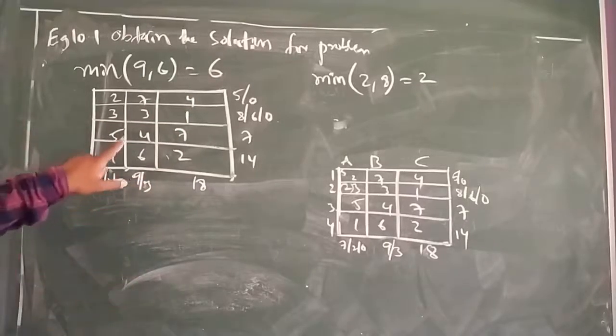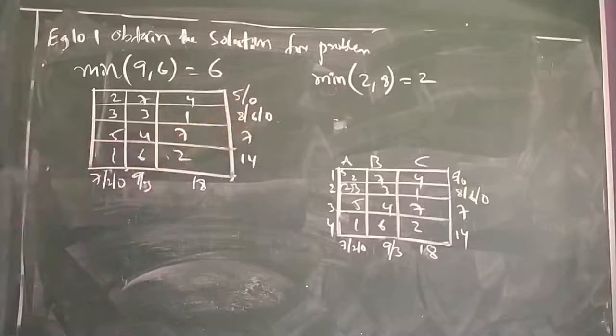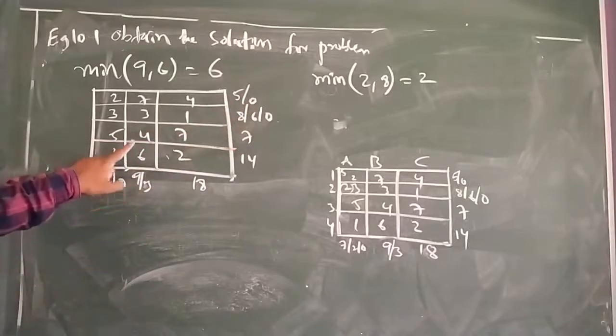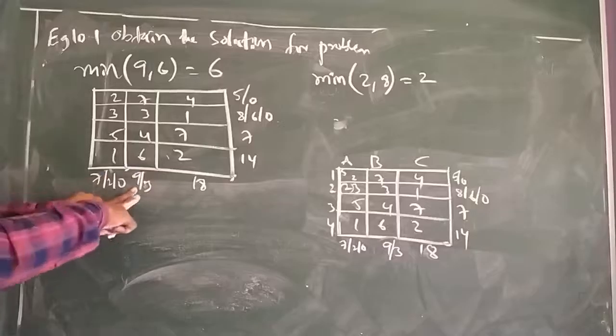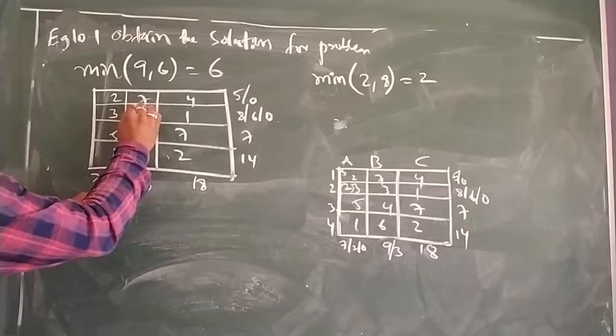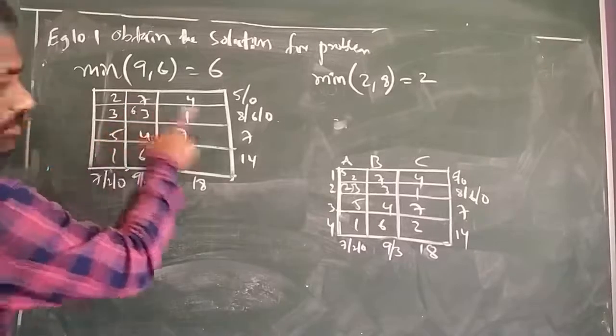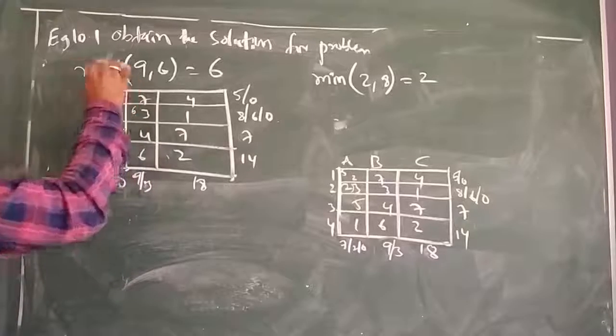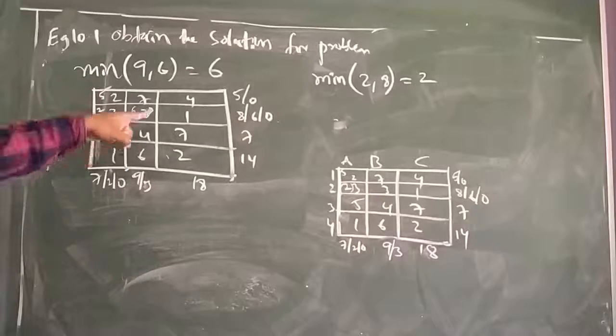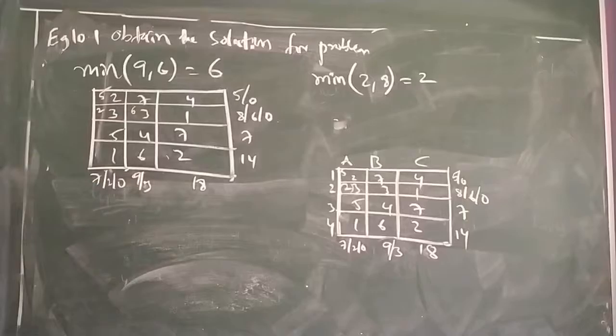Now where we are going to get the value as 6? Since we got it here, we will write it here. Here will be 6. So here it is 2, here it is 5. Already previously we got these values. Now next. So this is completed.